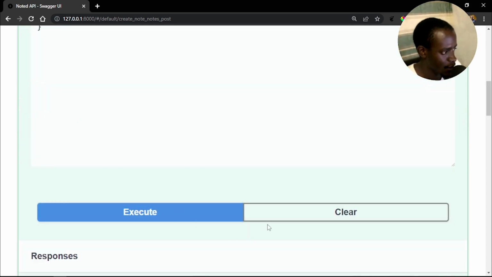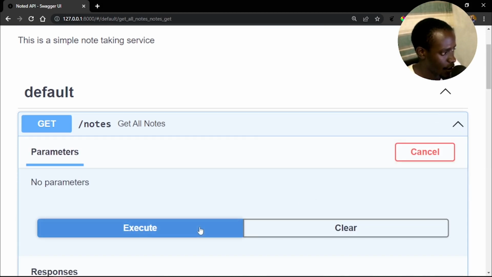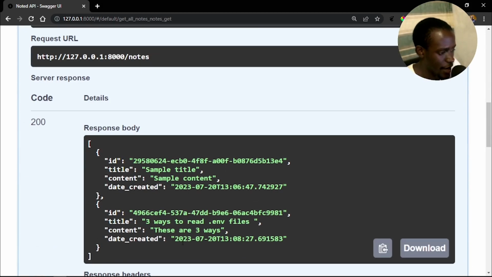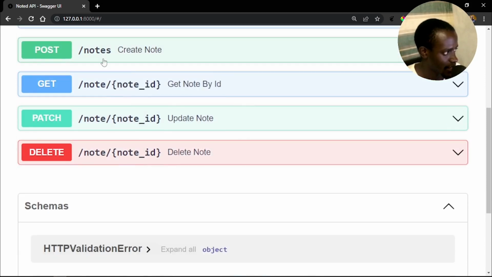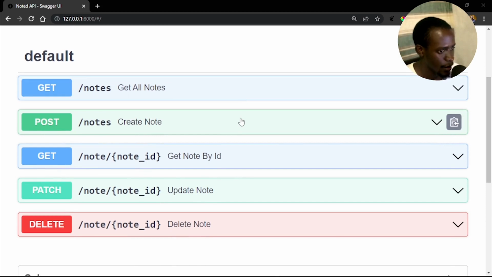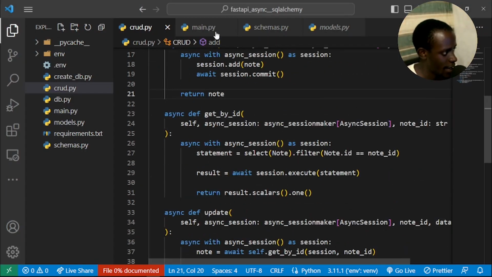If we go ahead and access our get all notes and execute, you see that now 2 items have been added to our database, which is working fine. So if we go ahead and clear this, now we can try to retrieve an item by its ID. If we go right here and try to retrieve an item by ID, what I'm going to do is head over to our main.py,